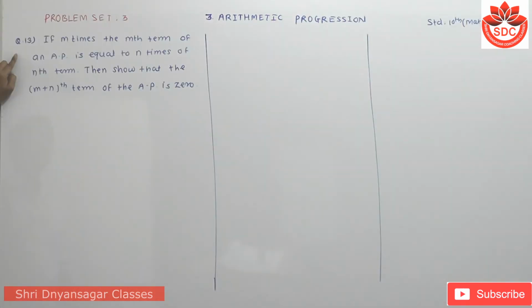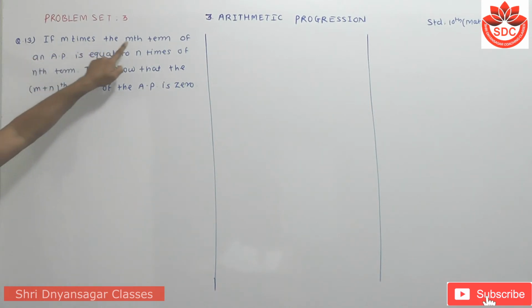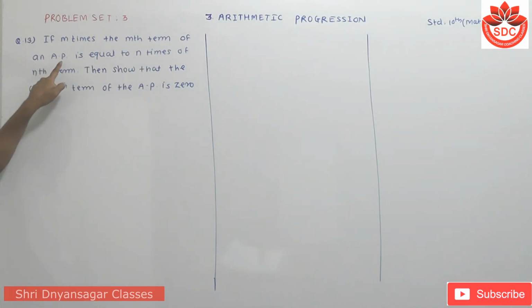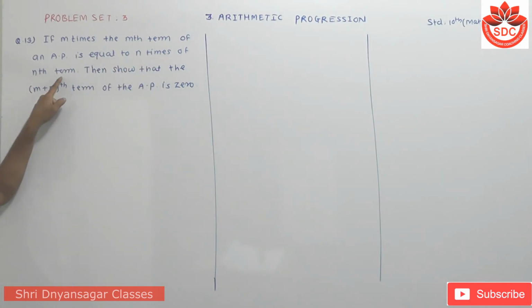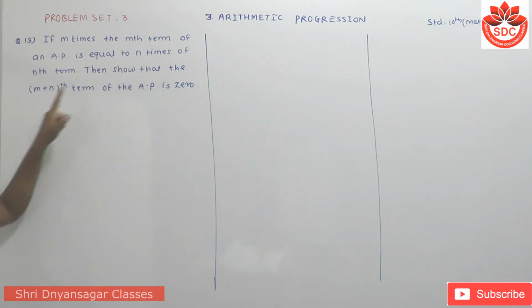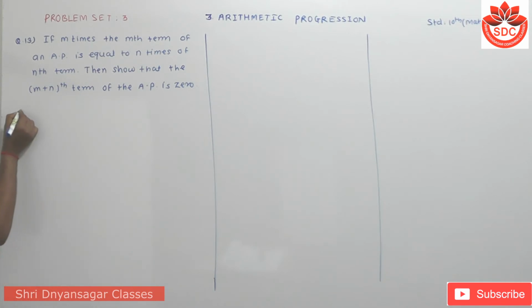Let's take question number 13, which is the same as question number 12. If m times the mth term of an AP is equal to n times the nth term, then show that the m plus nth term of the AP is 0. Student, its solution is,